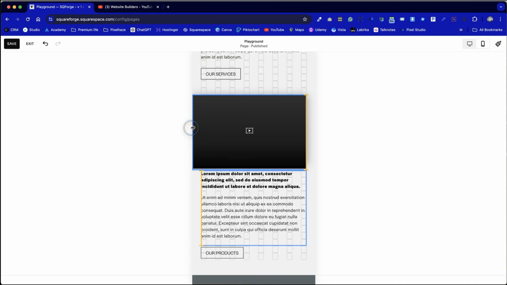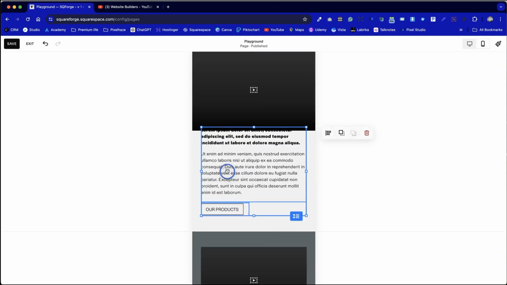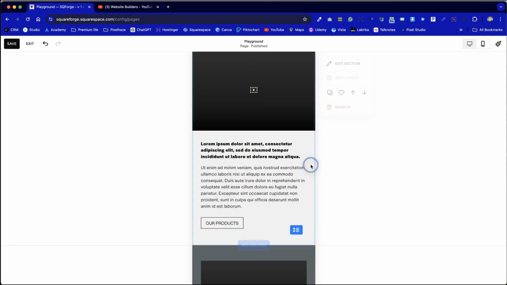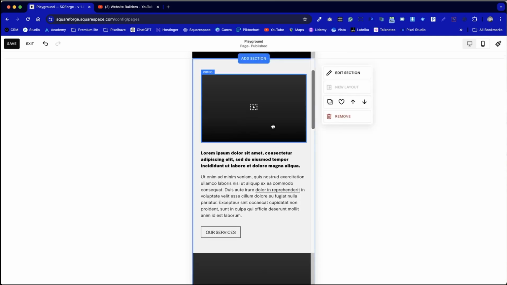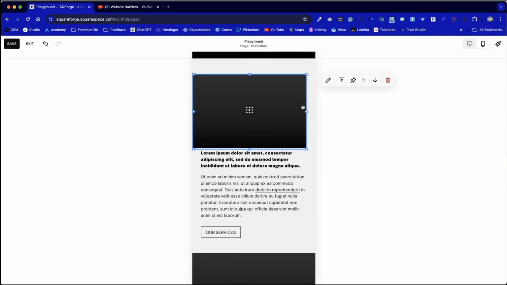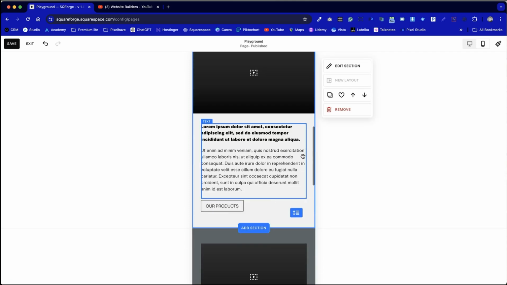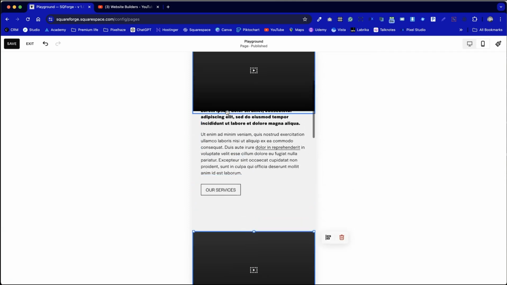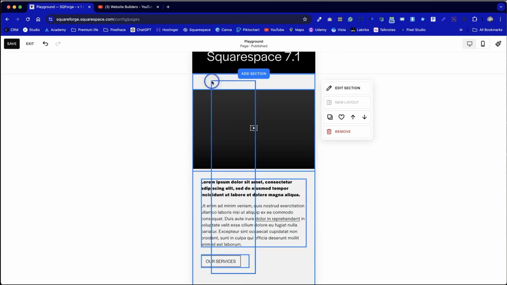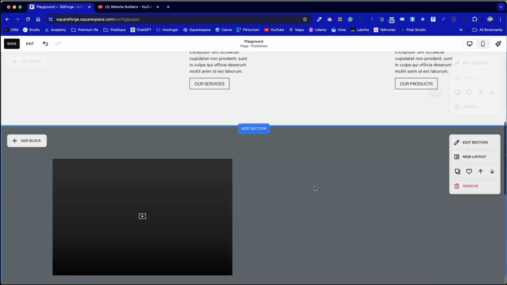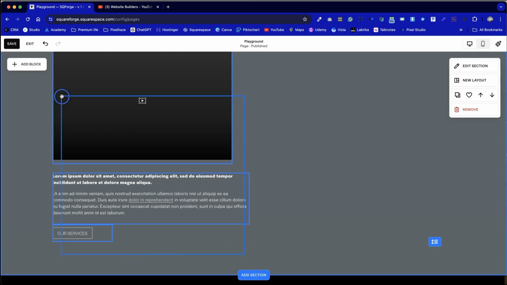We may even be able to adjust the video so it spans the full width of the mobile view. And we need to test this to make sure all of the controls are fully available, but this is quite a nice bespoke look and feel for mobile view to get the most out of that video position. And I think we'll go with that. Let's jump back to desktop view, quickly duplicate this second section,